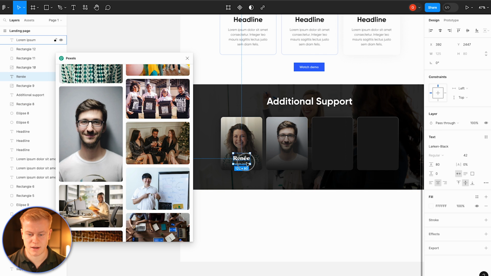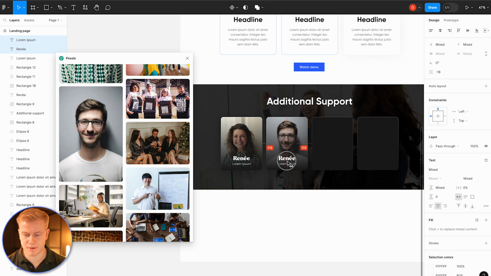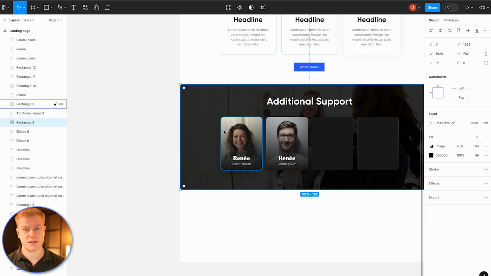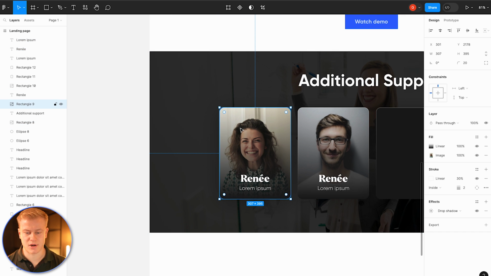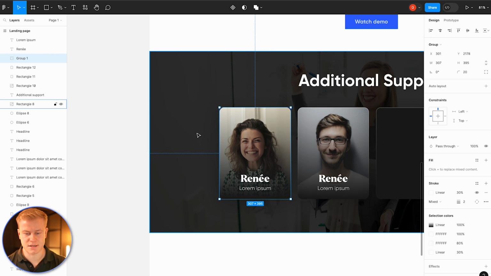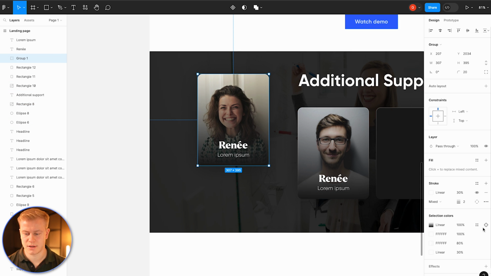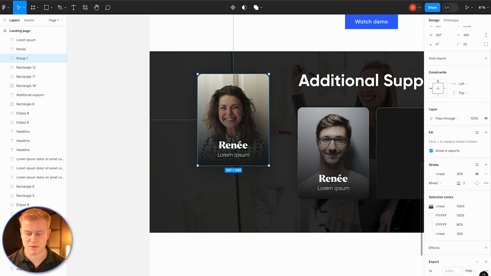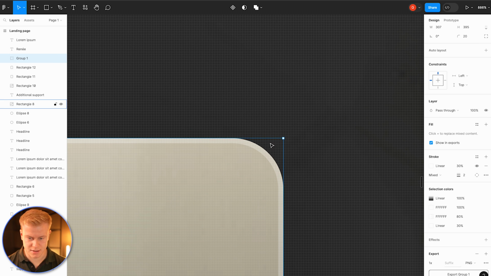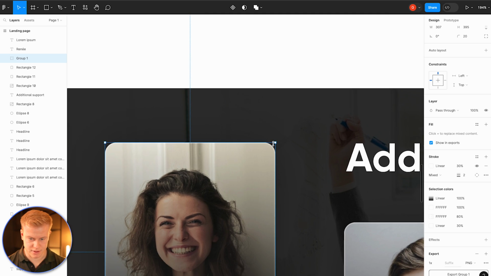Now, if you're like, well, how do I upload this to a page builder? There's 2 ways. One is to just export the whole thing, which a lot of times we just do that. So mark this, this, and this. You can see all of them here. Command G. So now it's a group. Now you can just export this as a PNG so that you don't have a background. So it's transparent. You can see here, it doesn't add a background in here when you export it because it's